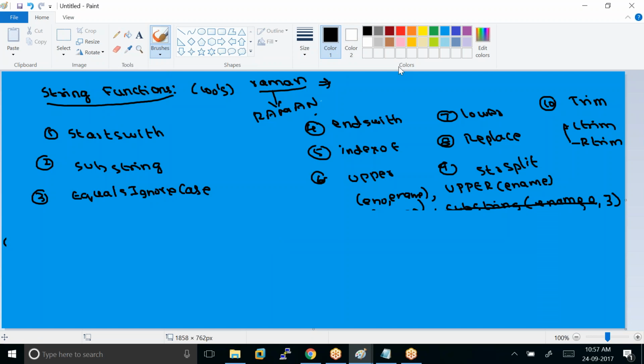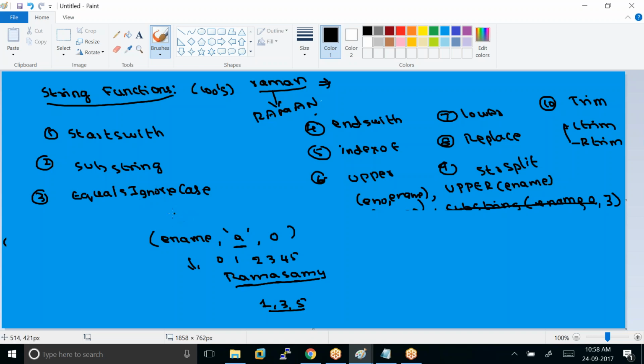The index of function is used to find out the index position where something is. For example, in the employee name, you want to find out where the letter A is occurring, starting from position 0. Let me take the employee name Ramasamy. Here A occurs in the following positions. This is index position 0, index position 1, 2, 3, 4, 5. A occurs in index position 1, index position 3, and index position 5. So for finding out where a particular character is occurring in the given string,